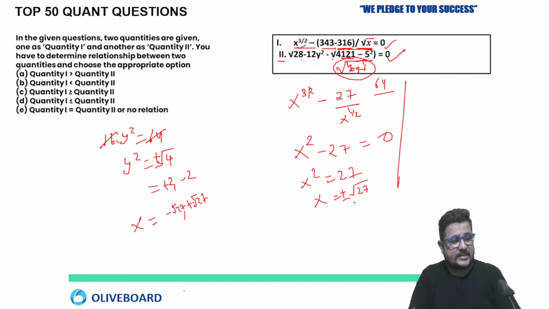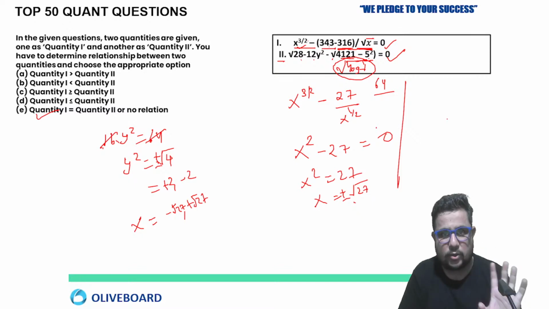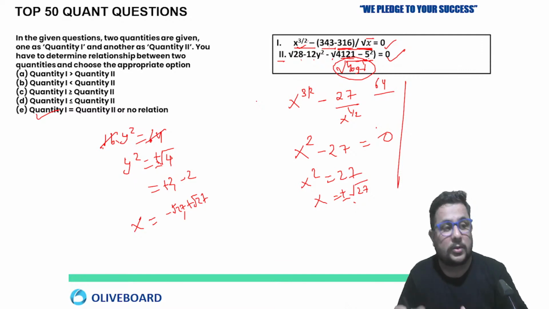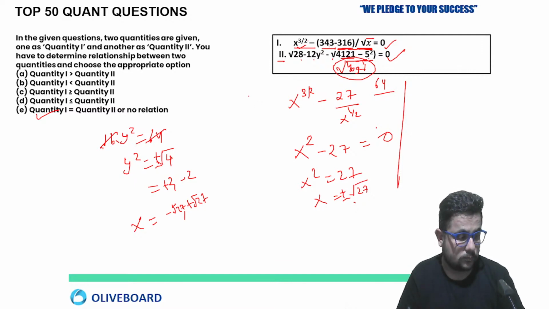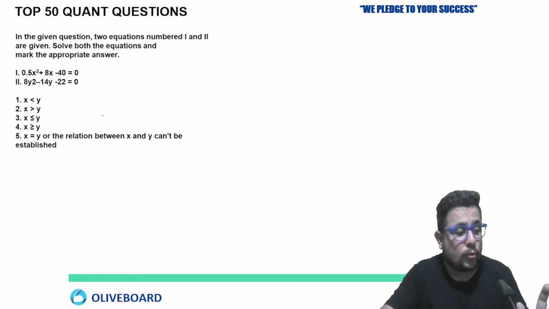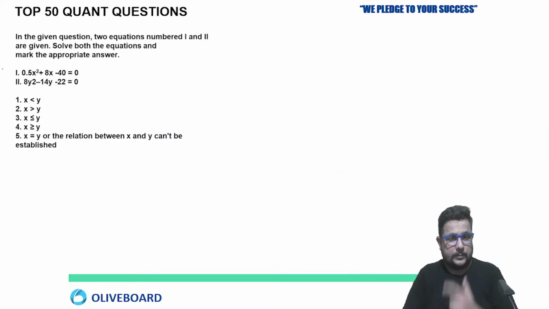Which is going to be your answer in this case then? E, no relation. See, these are the simple questions where you can score good marks, but you have to be aware of these mistakes also. Yes, so no relation here. Why? Because one value of y is negative, one positive; for x, one negative, one positive. If you find this case, where the roots of one equation are positive and negative, and the second equation also gives one negative and one positive, in this situation always select no relation. Clear? Now solve this one.